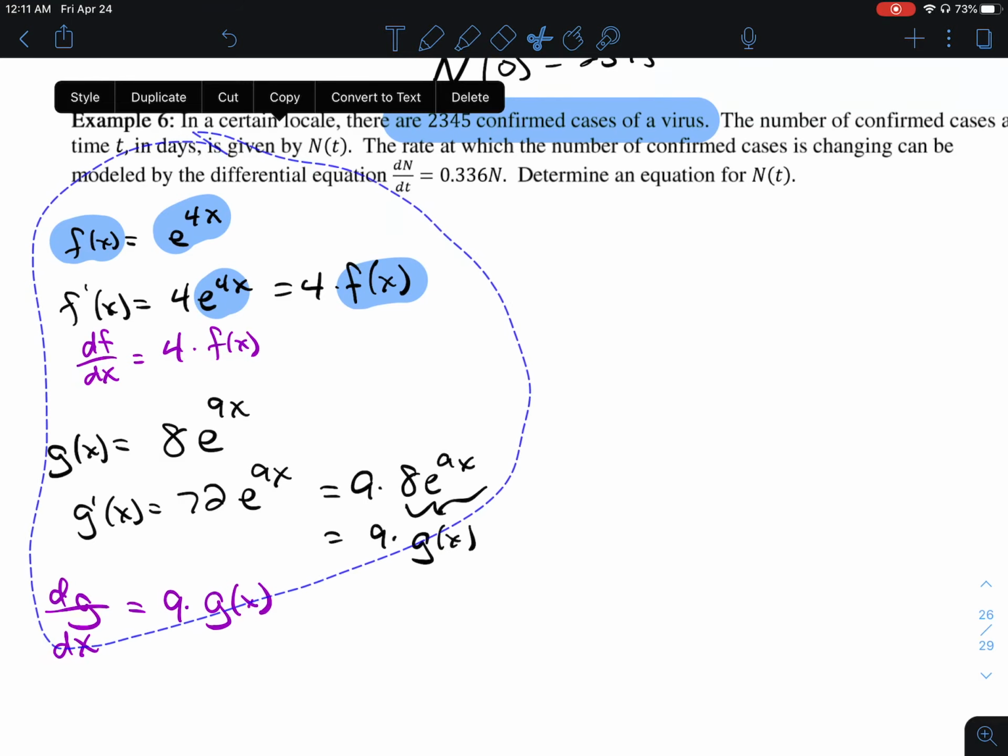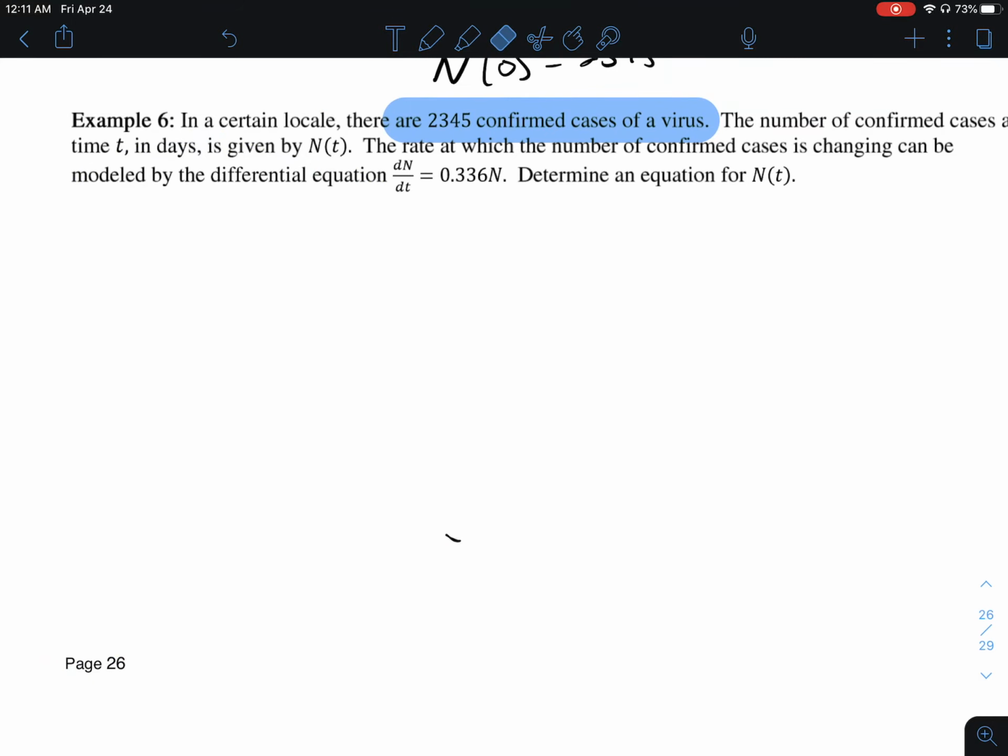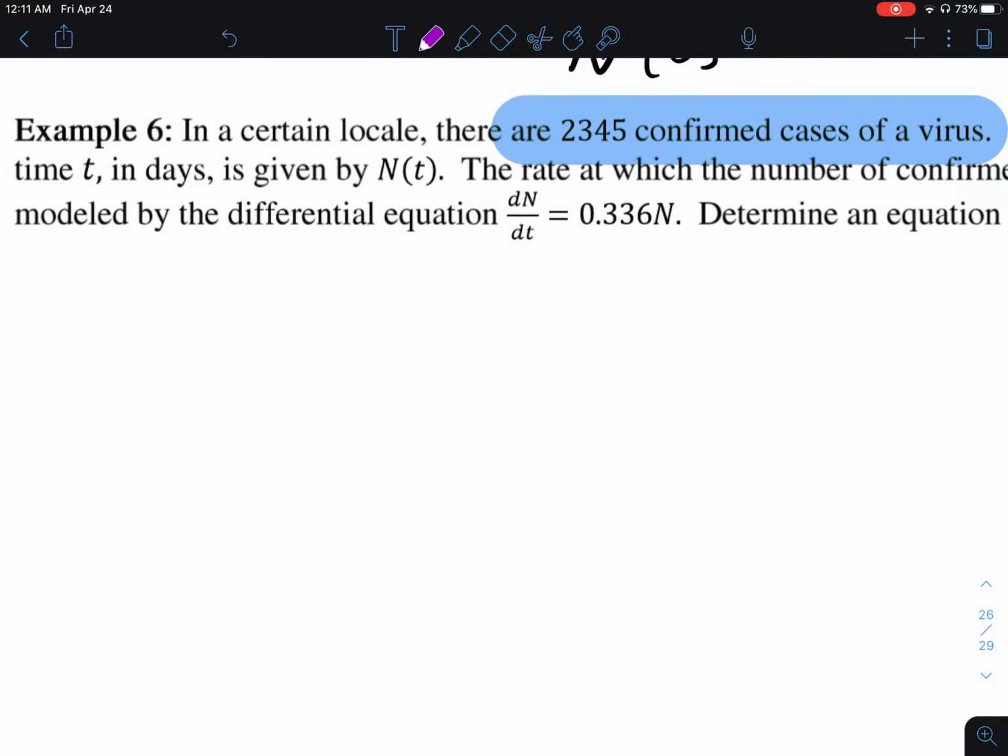It has to do with understanding the relationship that's happening in this problem. If you're trying to find the derivative of n with respect to t, and that's equal to a number times the variable that's in the top, that means the original function for this is e to some exponent. Specifically,